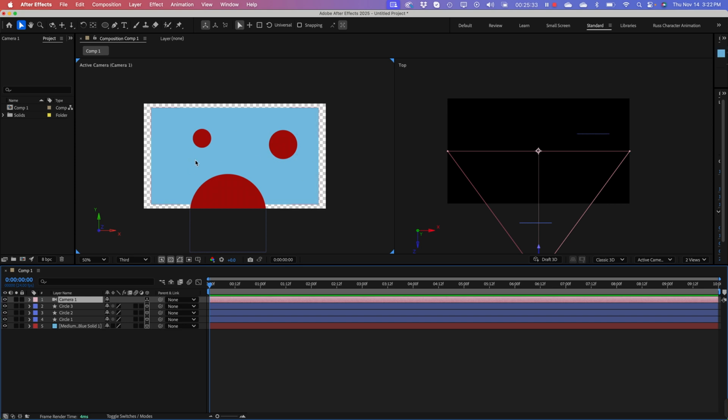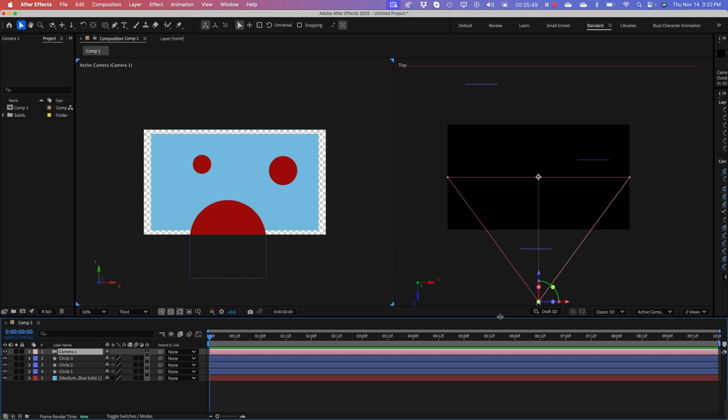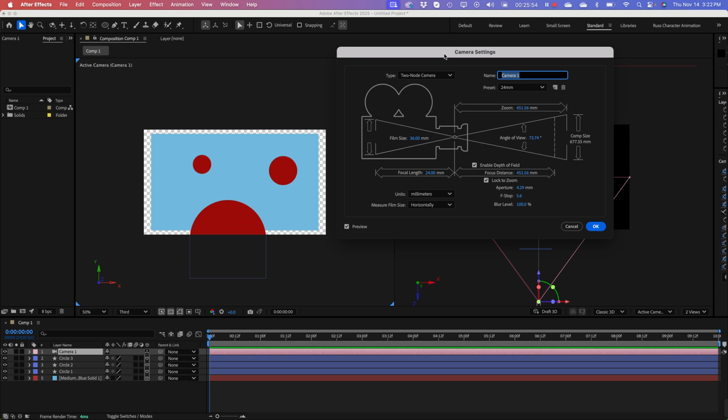So now my active camera view is being driven by Camera 1 in my animation window. I should have pointed out too, if I double click on the camera itself, it'll bring that dialog box back up. I'm using a 2-node camera. There are 2 different types of cameras, 2-node and 1-node. The difference being that a 1-node camera is strictly the camera itself. So if I switch to a 1-node camera, say OK,